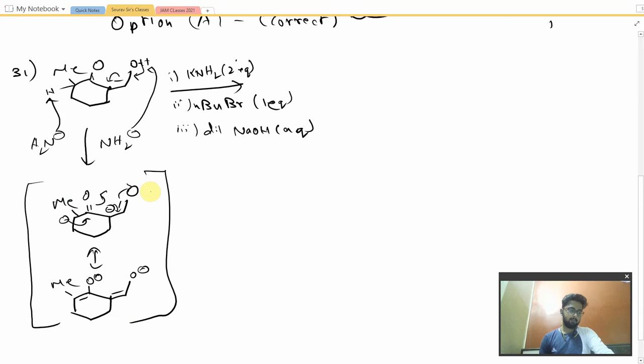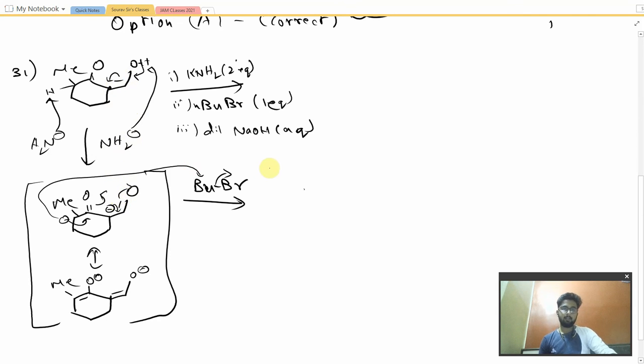Okay, so from this the BuBr would be attacked. This minus charge would attack the Bu center and release the Br. This other minus charge is not so reactive, so it won't take part in the reaction, because obviously this is stabilized by ketone formation, so why would it stay in the enol form? Obviously the reagent that is drawn is partially incorrect, because this would not stay in the enol form, it would directly stay in keto form, and therefore this hydrogen that we have shown over here would be less reactive.